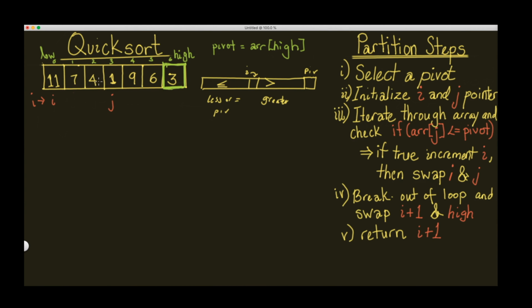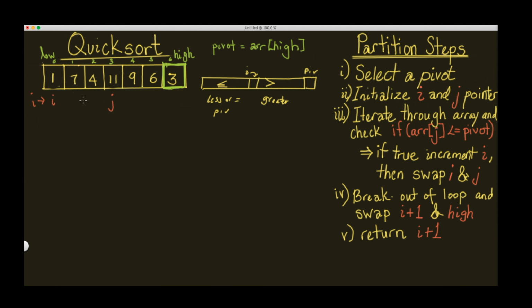Then we need to swap I and j. So we're going to swap the 11 and the 1. So we swap that, erase that here. So now we have 1 here and we have 11 here,